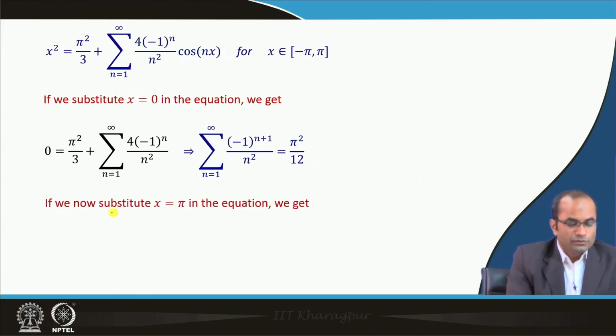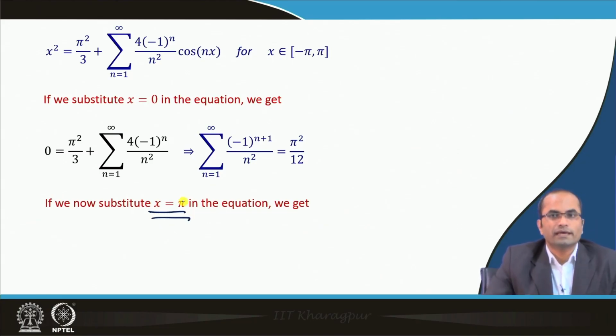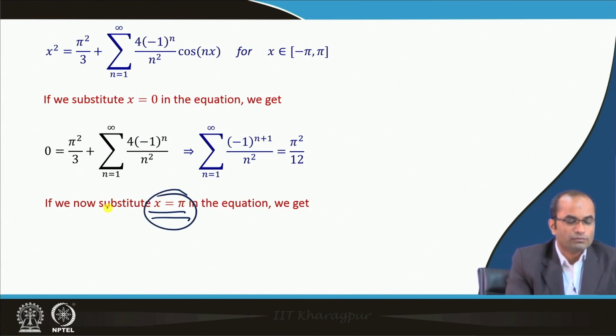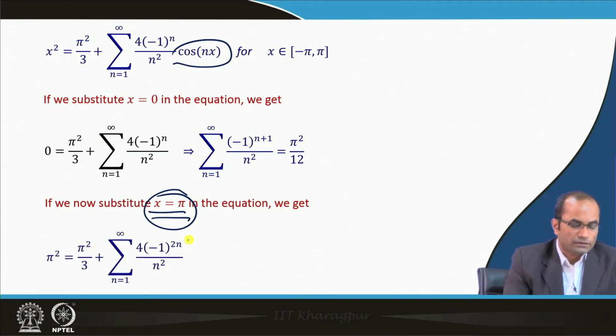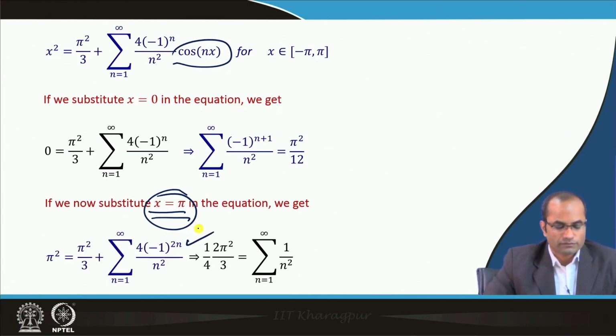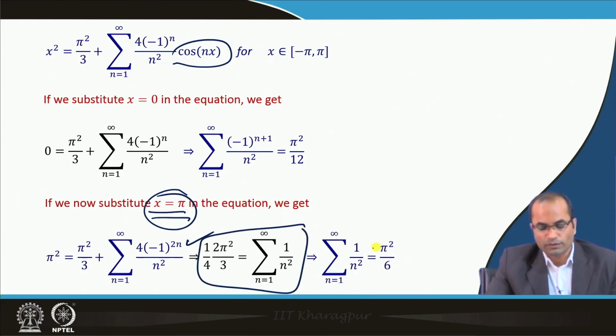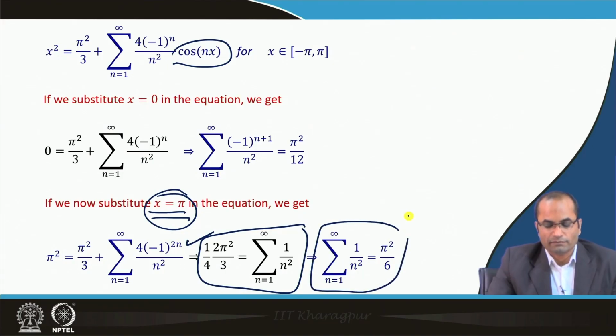So, if we substitute now x is equal to pi, we have to see what the desired values or desired series are, and for what values of x we can get that series. So, here we put x is equal to pi. Here we will have minus 1 power 2n, so all the positive terms will come. So, this is the series which we want to evaluate here,